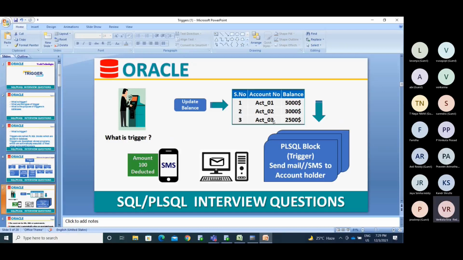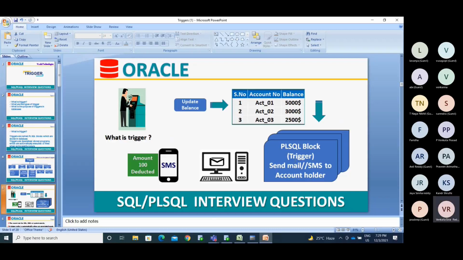While updating this, a PL/SQL block trigger will send a message after the balance is updated: this is your current balance, this is your updated balance. You will get some SMS. That code is sent by the PL/SQL block.